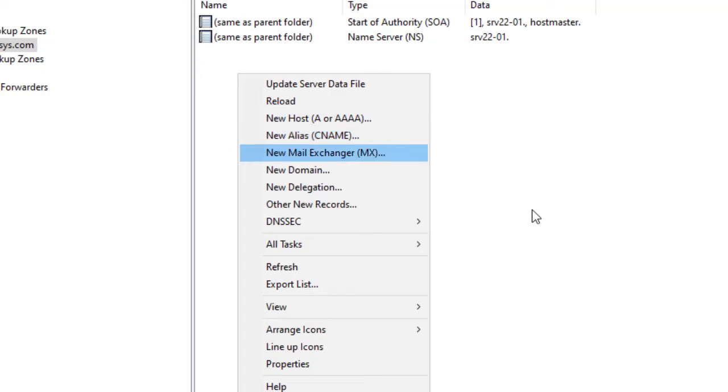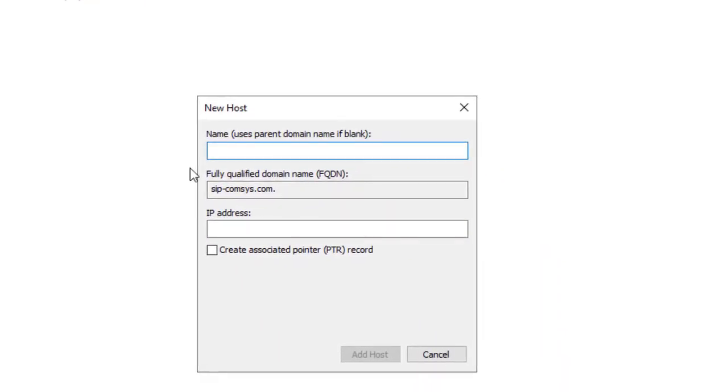And then we can have email, that is, if you have an email on your network or Exchange server, so you can add that in your record. So this, I'm just going to add my own server. So what is my server's name? I need to provide that. So RSV 22-01. So that's the name of my server, and my server is IP